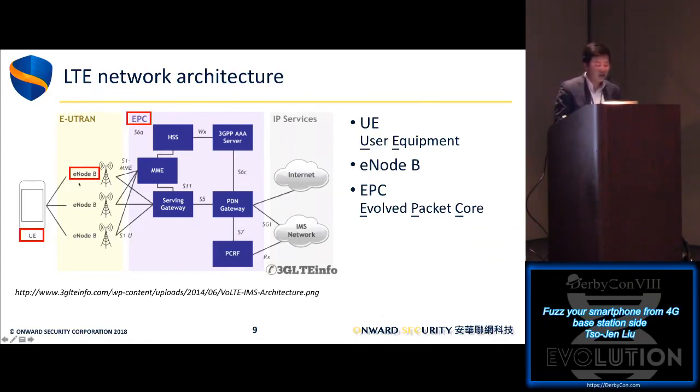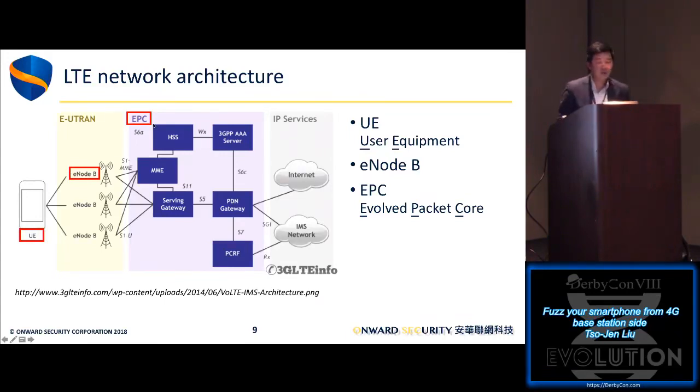Okay, the eNodeB is just like the base station in the LTE network. Your cell phone will connect to the eNodeB, and the eNodeB will communicate with the EPC. The EPC is the core network in LTE. It is responsible for managing mobile activity and routing the data to the network. So if you want to build an LTE network, you have to build the eNodeB and EPC in